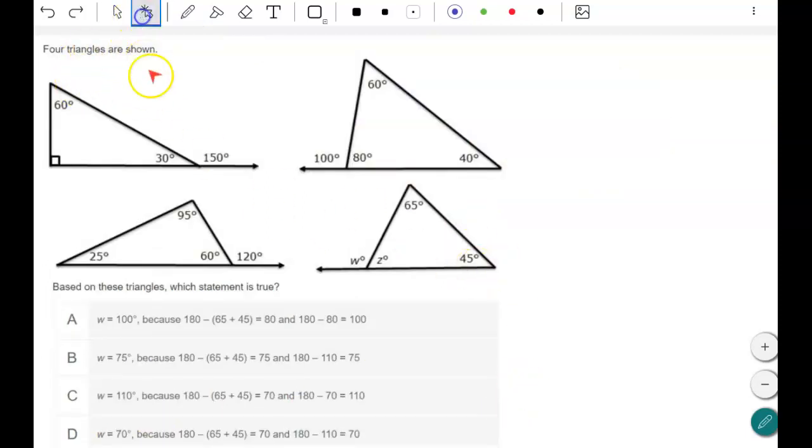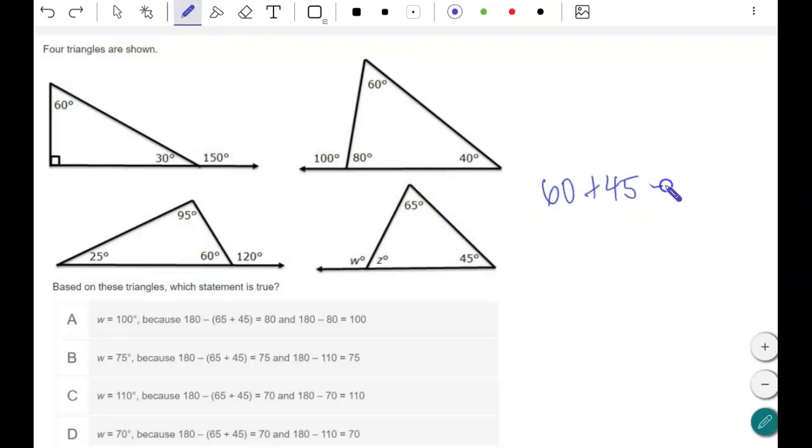So on this one, it says you have four triangles shown. Based on these triangles, which statement is true? So look at this first part, W equals. We had one like this in class. So if you look at the four triangles, there's only one that has this W. And remember when we had the exterior angle lesson? This is going to be equal to these two added together. All right, so if I add those two together,